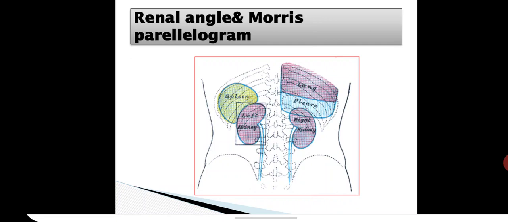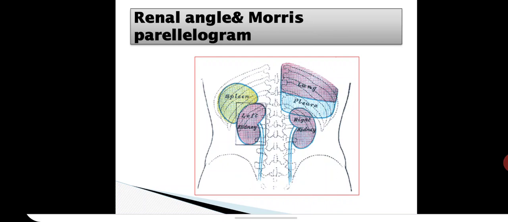One is the hilum, at the L1 level. You have to take 2 points, 2.5 centimeters and 7.5 centimeters from the midline. Then at T11 and L3, the same 2.5 centimeters and 7.5 centimeters. So you have to connect all these 6 points to draw a parallelogram. In the middle, opposite to L1, you have to draw the hilum. The right kidney is slightly lower than the left kidney.